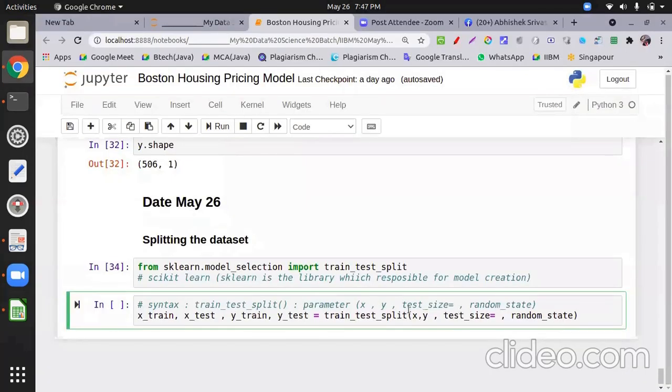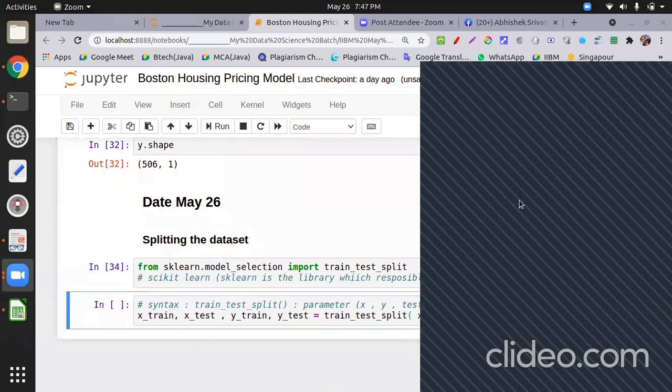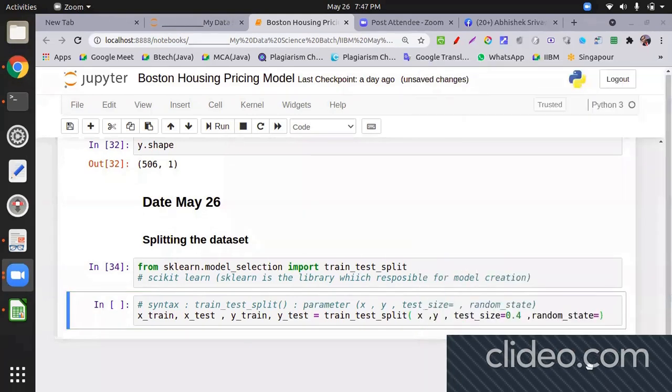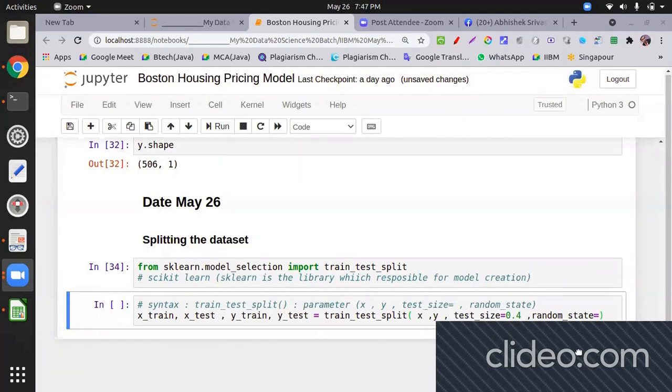Now look, a very important thing. I take test size 0.4 and then the next parameter is random state. So what is random state and who will explain it to me? Any idea? Bhavin Patel, what is random state? Sir, I think random state is the state where we can shuffle our data in a particular form.